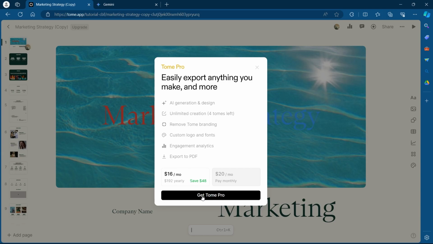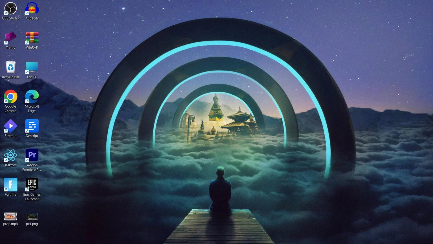And if you don't have that, click on Get TOME Pro, choose a plan, do the payment and export this presentation as PDF. Now, after exporting this presentation as PDF, what you'll have to do is import the PDF into